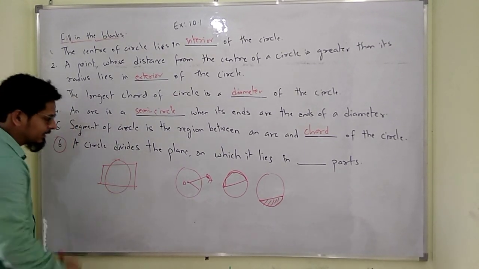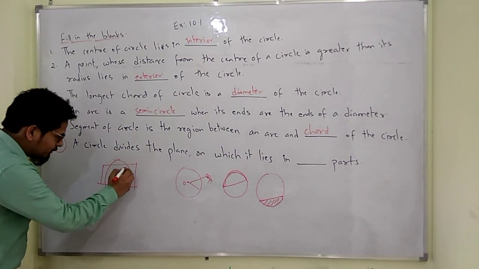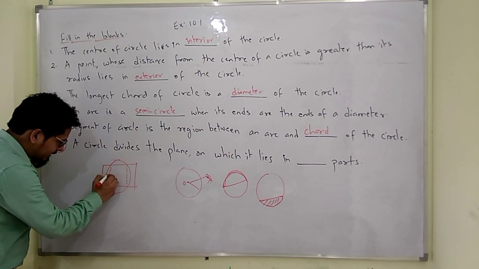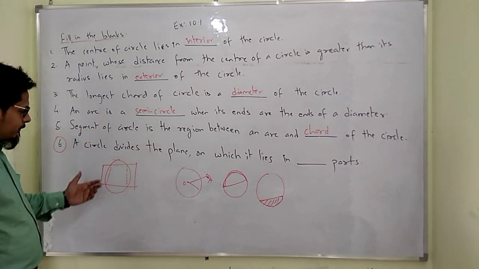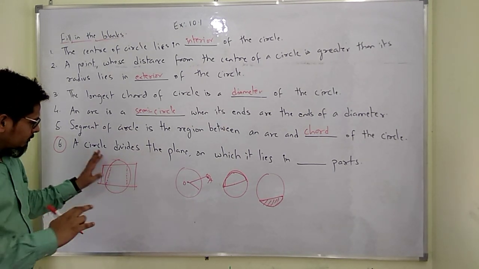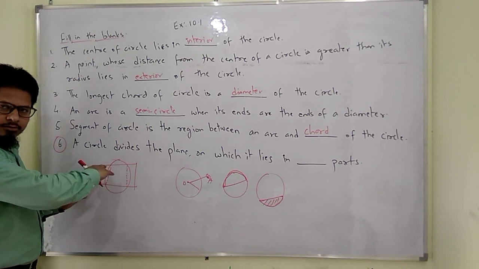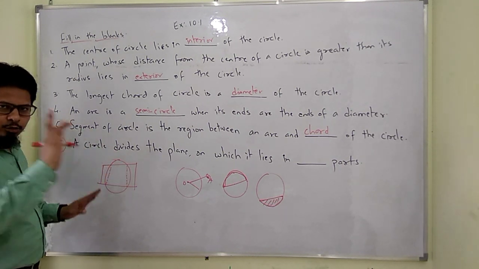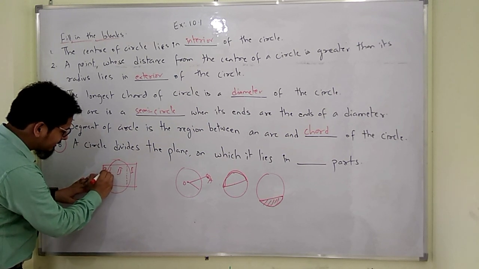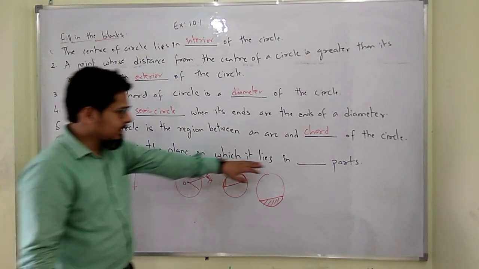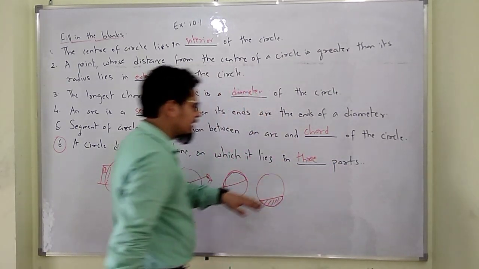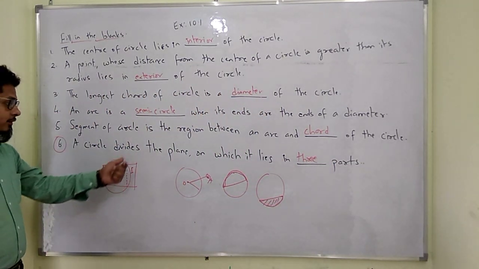So it is a circle, class, right? So if you join this part here and join this part here, you see the plane is dividing into 3 parts. It means that the circle divides the plane into 3 parts. This is the first part, second part, and third part, right? So the answer here is 3 parts. Okay, you have to understand this figure for this question, right?